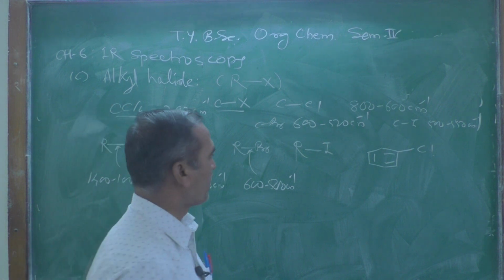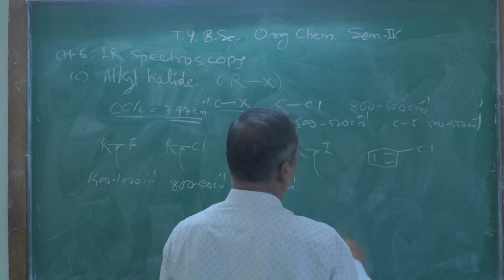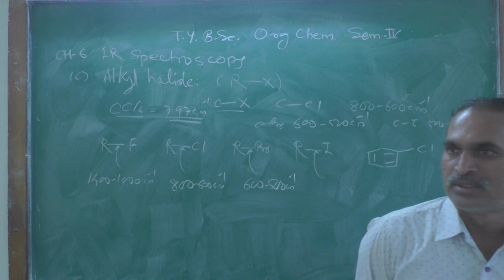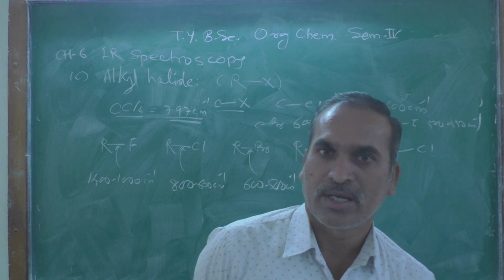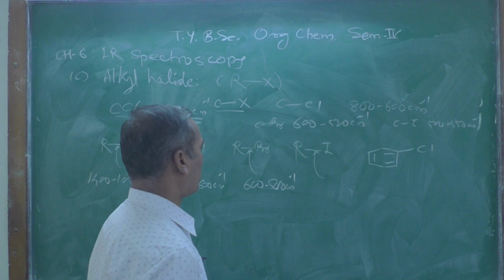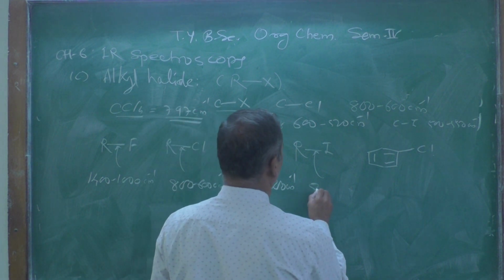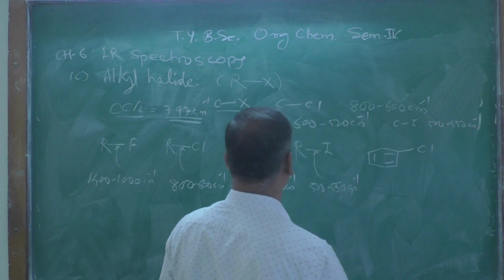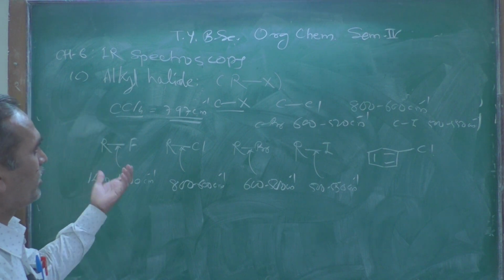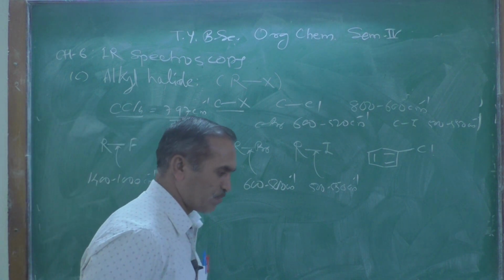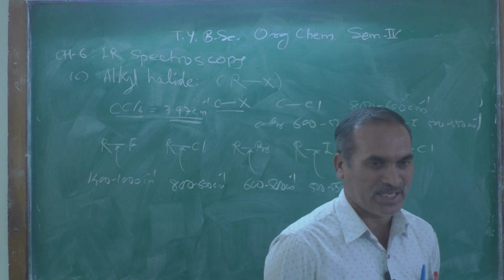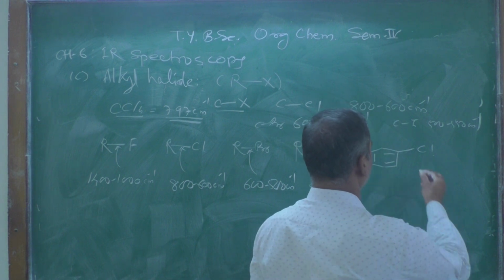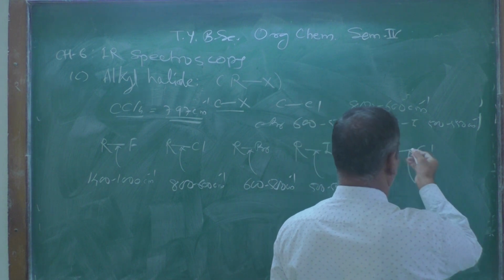Next, if an organic compound contains iodide, the IR absorption peak or band appears around 500 to 550 per centimeter. This clearly indicates a possibility of the presence of an iodide group. And if the halide is a chloride,